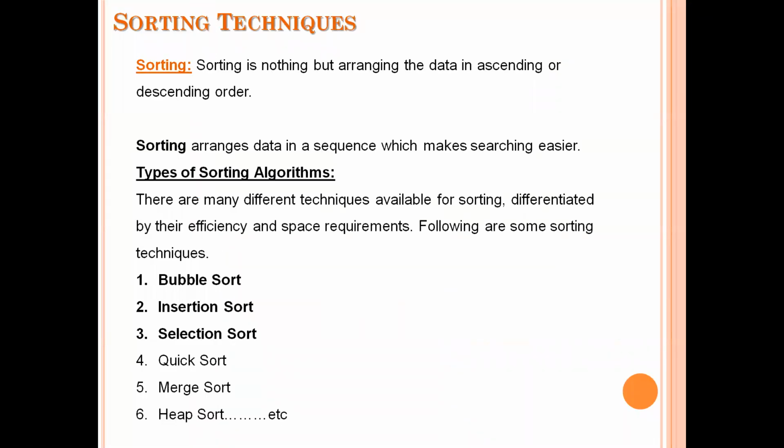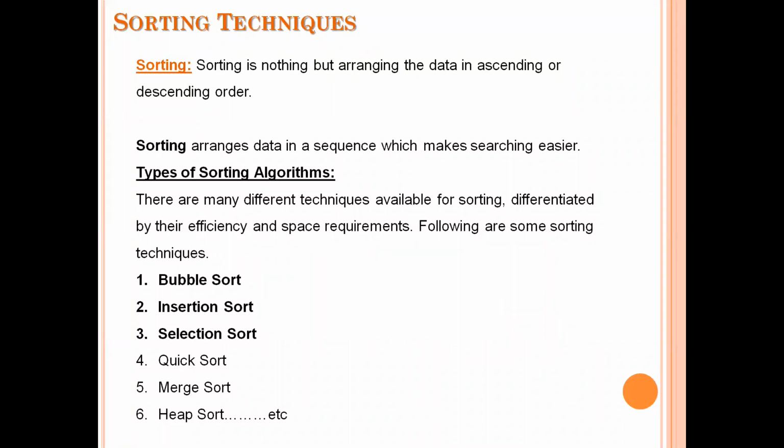In this lecture, I'll talk about bubble sort. First of all, we'll see what sorting is, then what sorting techniques are available, then we'll discuss how to sort the numbers using bubble sort. So first of all, sorting means arranging the numbers in a particular manner. It may be in ascending order or in descending order. If you can arrange the numbers in ascending order or in descending order, that process is called sorting.